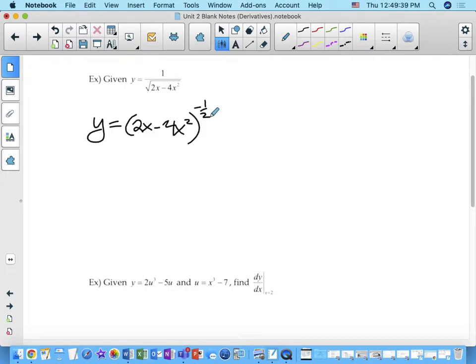Okay, so the outer function would be bracket to the negative 1/2, right? x to the negative 1/2. The inner function is 2x minus 4x squared. So y prime, we've got to take the derivative of the outer function first, which is negative 1/2 bracket to the negative 3/2, because that decreases by 1. Inside the brackets goes that function, 2x minus 4x squared,